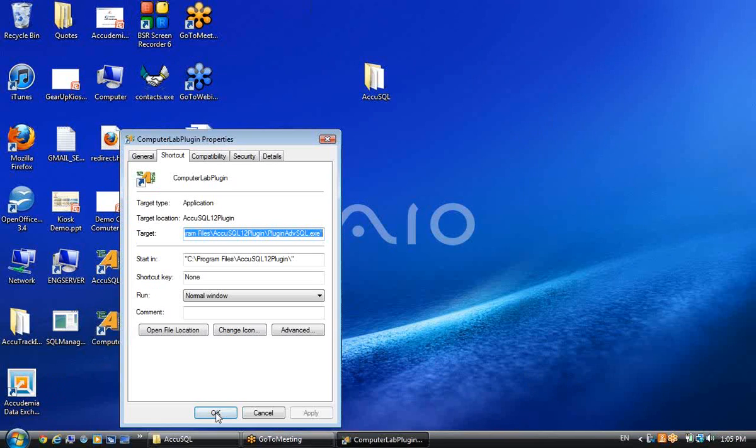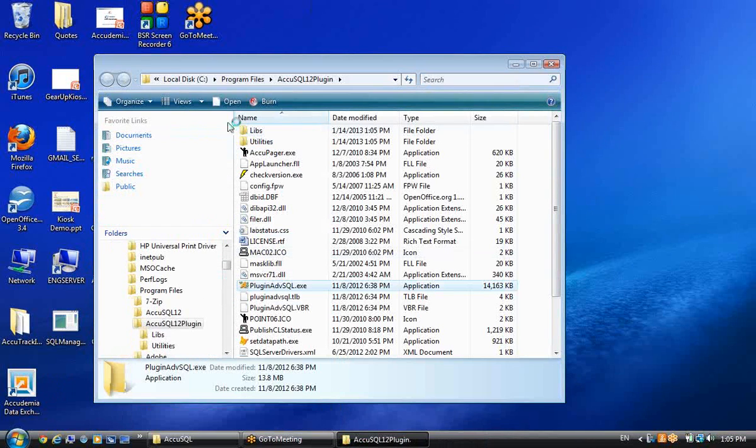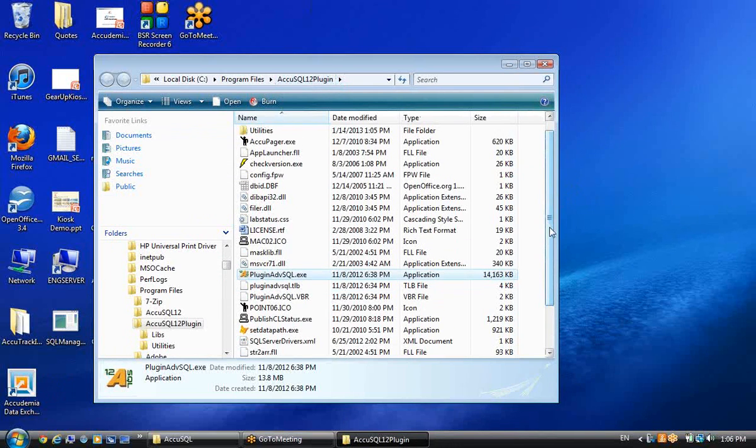Okay, and I'm going to do that by going out to the Install folder where it's installed. By default, it's Program Files AccuSQL 12 plugin. Okay, and I have a utility in here that's called SetDataPath. So I'm going to pick that,